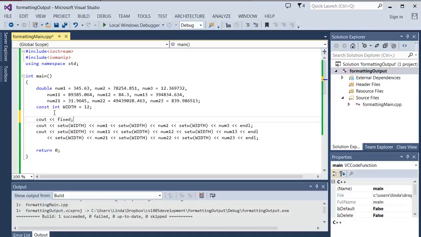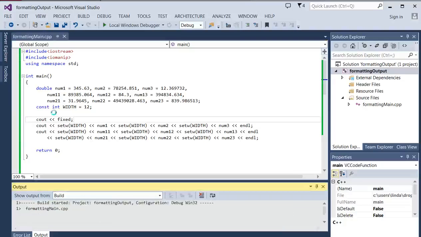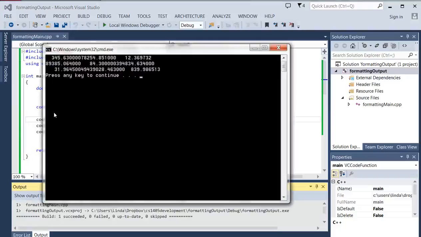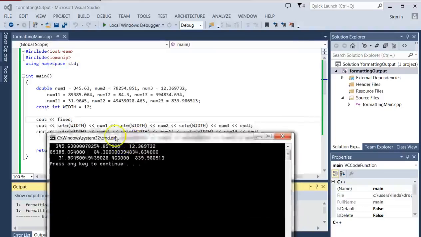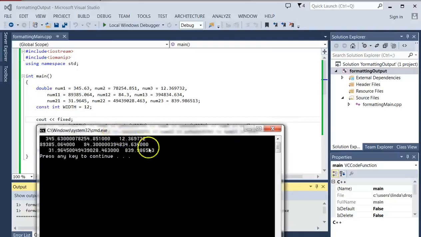We want you to always, always, always stay with that standard notation, which is called fixed point notation. Now when I run it, what happened? The numbers changed. Notice we got rid of this scientific notation, but what happens when you do this is it changes how set precision works. Remember we said the default value for precision is 6 digits? So what it does is once you set the fixed flag,